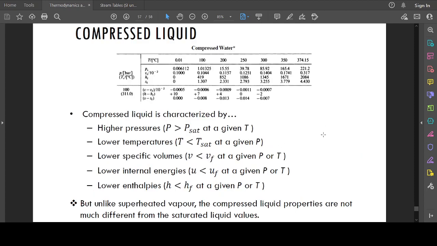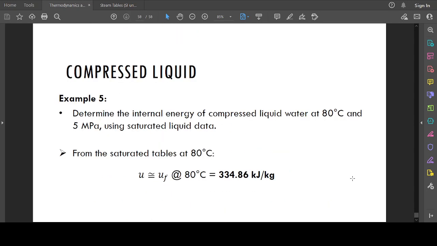So the compressed liquid is characterized by higher pressure, lower temperature, lower specific volume, lower internal energy, and lower enthalpies. Okay, so unlike the superheated vapor, the compressed liquid properties are not much different from the saturated liquid. So the final calculation example here: determine the internal energy of compressed liquid water at 80 degrees Celsius and 5 megapascals using saturated liquid data. So from the saturated table at 80 degrees Celsius, what is the internal energy? The internal energy is given as this. So